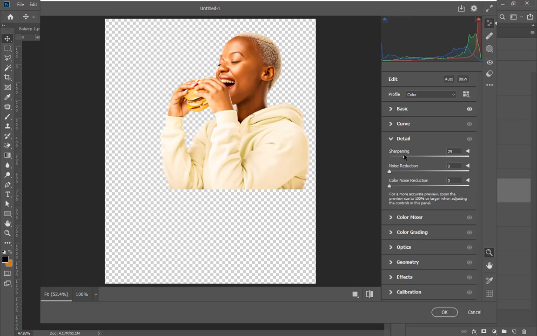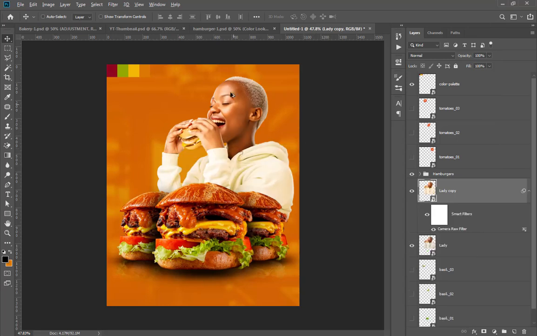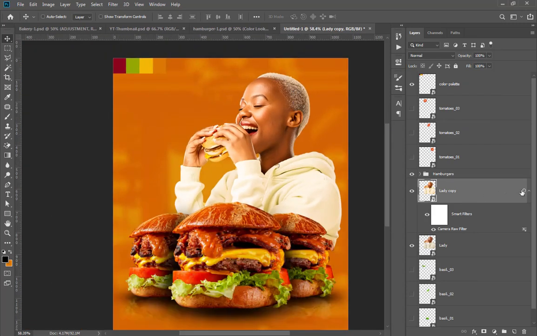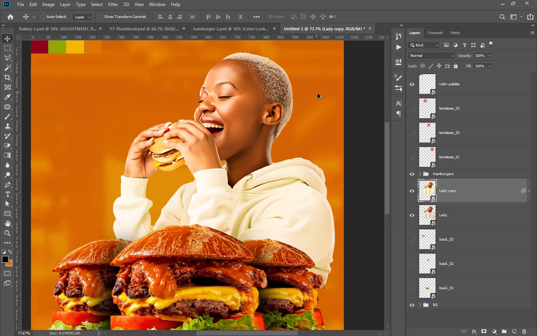On the size of the detail, let's sharpen it a bit. So now we can see how the image was before and after. Okay, so with that done,